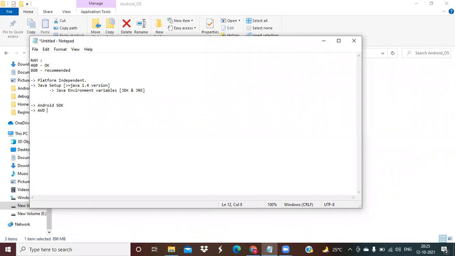What does AVD mean? Android Virtual Device. This AVD has another name, that is called emulator.